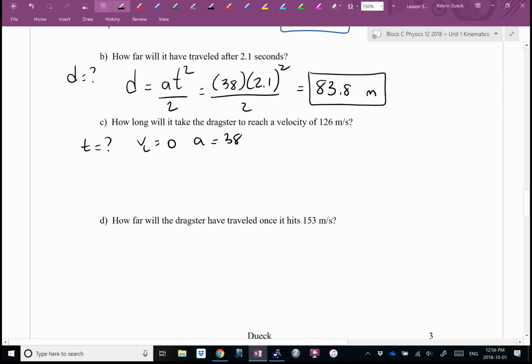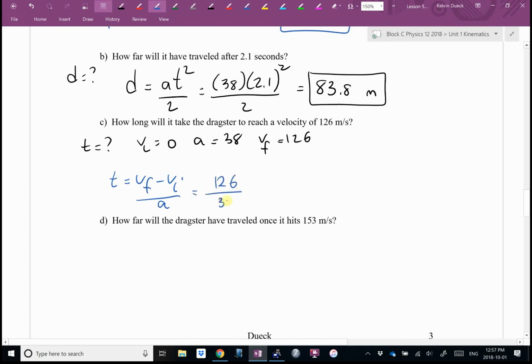Chloe, what's that 126? Looking for an equation that has a T, a VI, an A, and a VF in it. There is one. Can you get the T by itself, please? Now, VI is 0. If you hadn't bothered reading that, I wouldn't freak out, but I won't bother typing it. So it's going to be